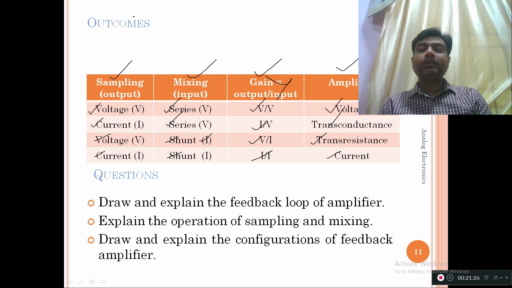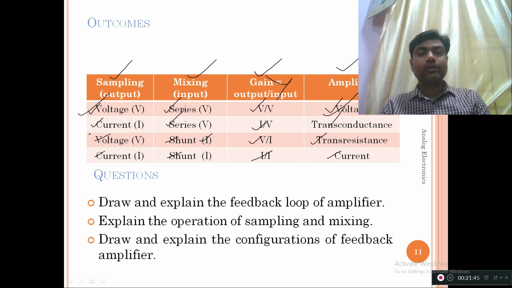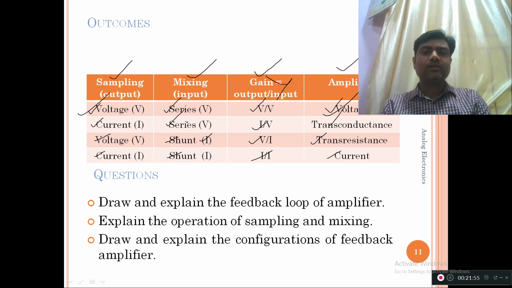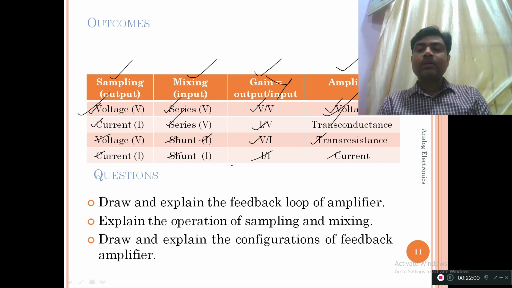So it can be either in the form of directly writing the amplifier's name, like voltage amplifier or transconductance amplifier or transresistance amplifier, or it can also be asked like this: explain the voltage series configuration, the current series configuration, or the voltage shunt configuration. So be prepared for both types of questions, and it is easy. You can just go through the slides and practice it in your notebook. Write down the mixing and sampling concept, and apply it